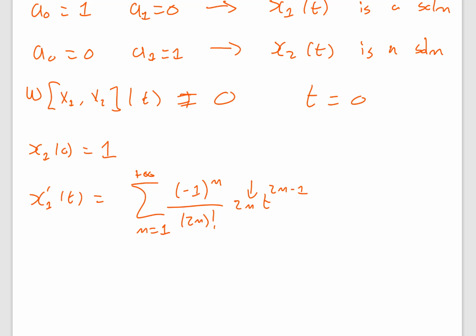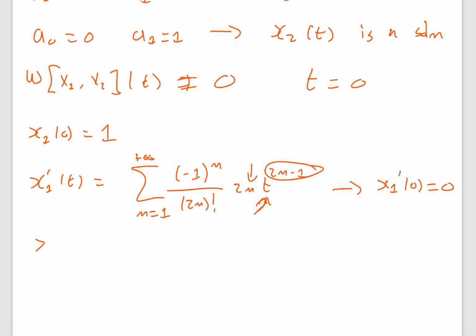Okay, but now what's going on, if I plug in t is equal to 0, well, 2n minus 1, that's always going to be greater than 0 if n is bigger than or equal to 1. So if n is equal to 1, 2n minus 1 is equal to 1. And so if t is equal to 0, and 2n minus 1 is bigger than 0, it means that's always going to be equal to 0. So in other words, this implies that x1 prime of 0 is equal to 0. Okay, if I plug in t is equal to 0, this series is 0. And similar computations will show you that x2 of 0 is equal to 0, and x2 prime of 0 is